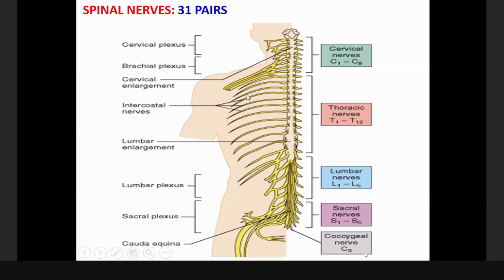Not only that, when spinal nerves go to the most peripheral part of the body, they join other nerves and form networks. I didn't say ganglia. Rather, the nerves form networks. We call these networks plexuses. For example, we have a plexus known as the cervical plexus in the neck, the brachial plexus in the armpit or the axilla,